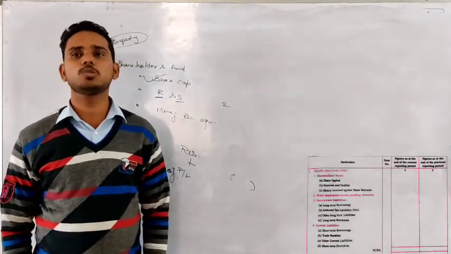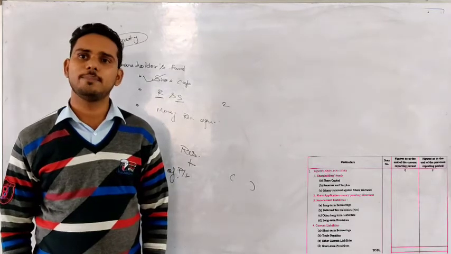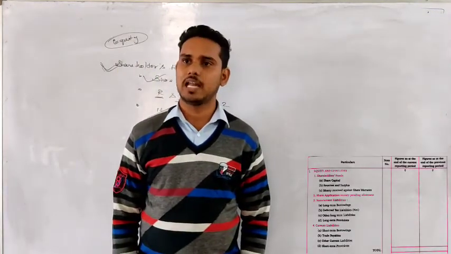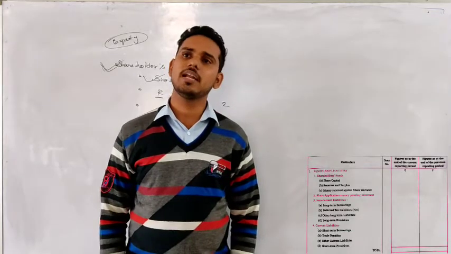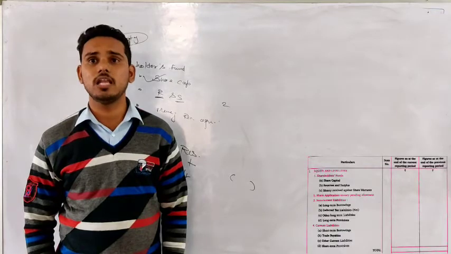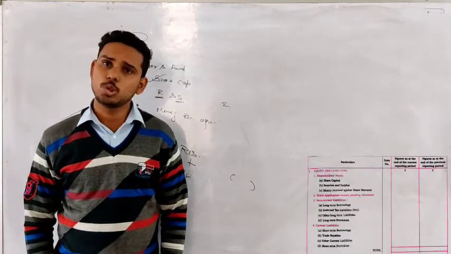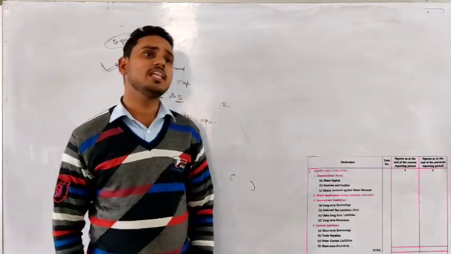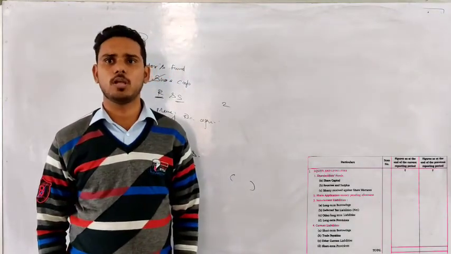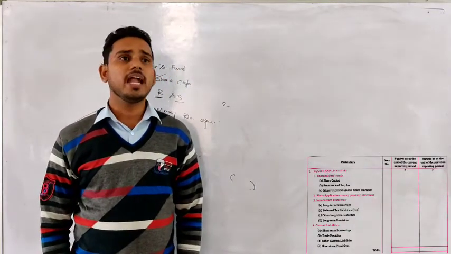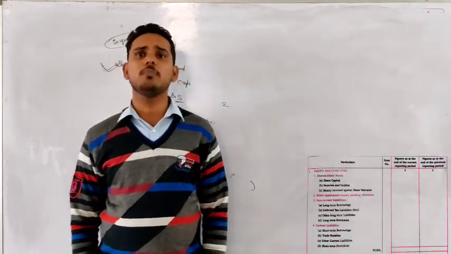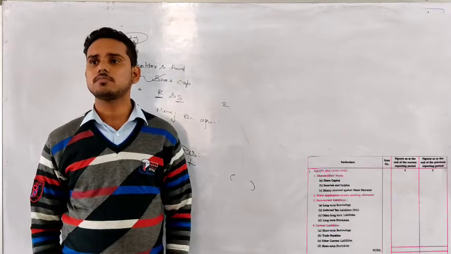Now there are two ways to buy. We have already discussed in the issue of share chapter, whether you can buy from the stock market or you can buy from the company directly. From the stock market you can buy any time, but from the company you can buy only at the time of issue by the company. That will be either IPO or FPO, that we have already discussed, right? So if the company is bringing any IPO or FPO, then you can buy the share from the company.